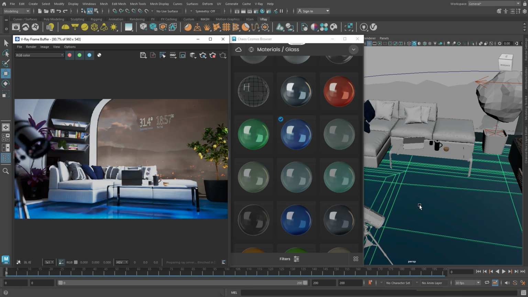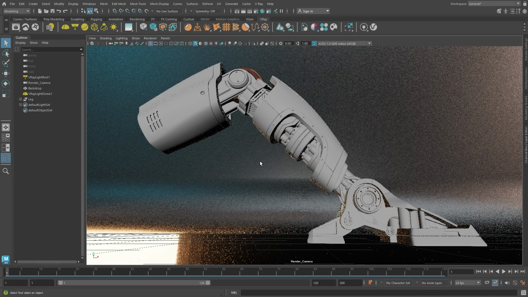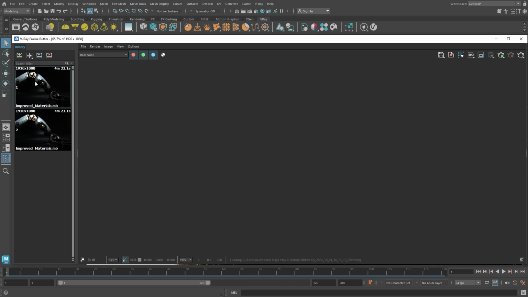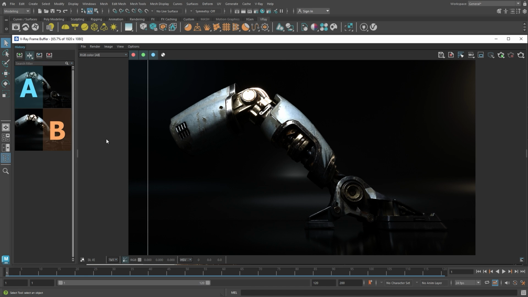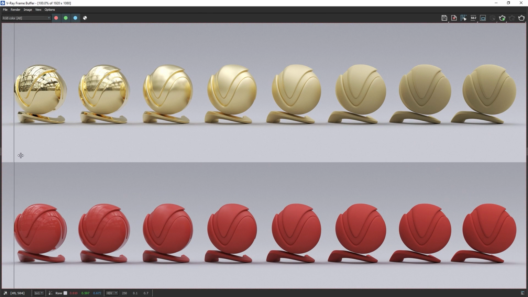Next, I want to show you some material improvements. In V-Ray 6, we also managed to improve the reflectivity in the V-Ray material. By using the new energy compensation update, rough materials and surfaces will look even more realistic. To demonstrate this, I'll use one of the house legs and render one image with V-Ray 5 and one with V-Ray 6. By using the comparison tool, you can notice that there is some difference in the before and after renders. To get an even better comparison, let me show you the difference with these metallic spheres.